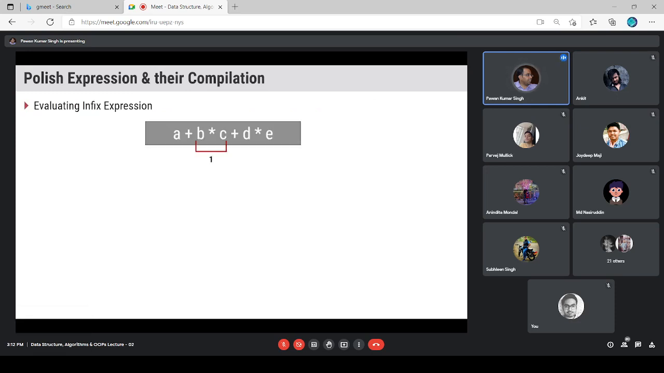Okay, so there are mainly 3 types of expression. Infix expression, prefix, and postfix. Suppose you get this kind of expression, this is actually an infix expression, a plus b into c plus d into e. So what you first do, you will first go with the multiplication sign, that is b into c will be performed, right? Then d into e will be performed, step 2. That is step 3,